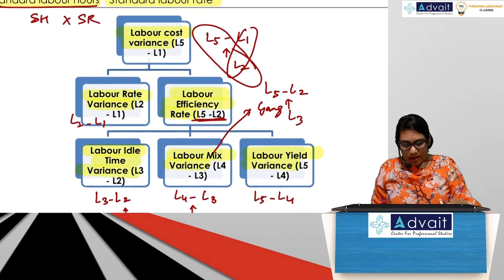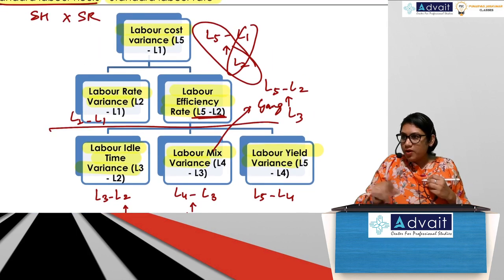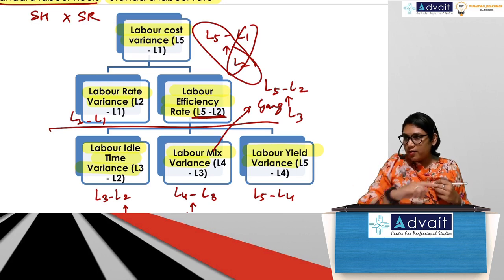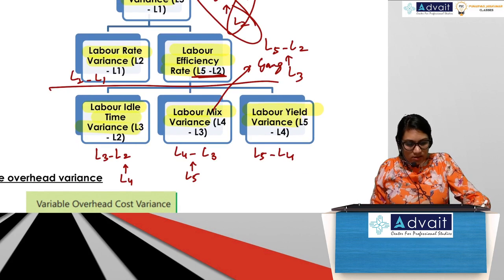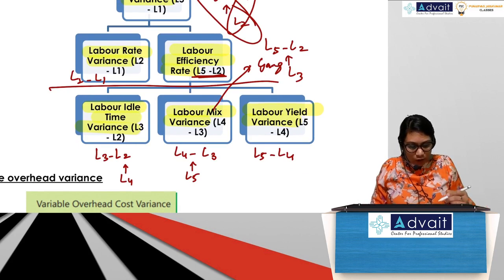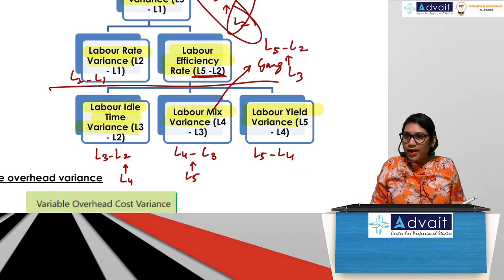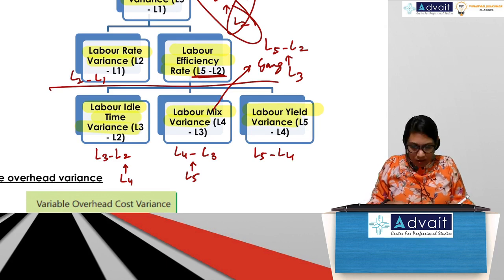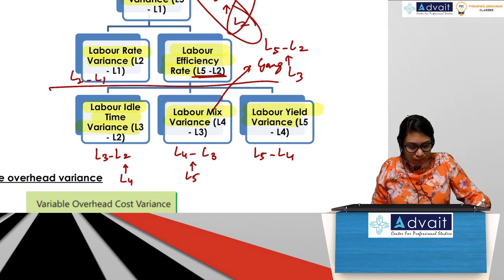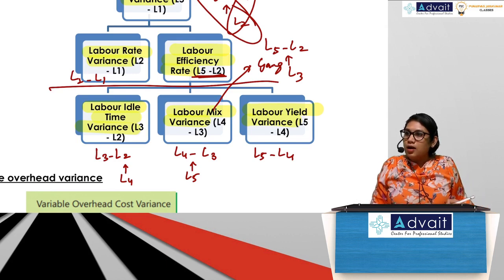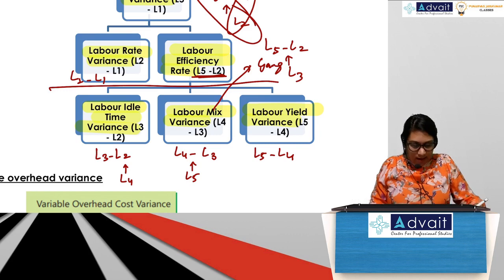So up to here it's the same. L5 minus L1, L2 minus L1, L5 minus L2. Then L3 comes. He takes away L2. Now L5 doesn't get to be with L3. Why? Because L3 minus L2 comes. But now L4 comes in the middle. So L4 minus L3. Now again this cannot complete. Why? L5 comes in the middle. So L5 minus L4.